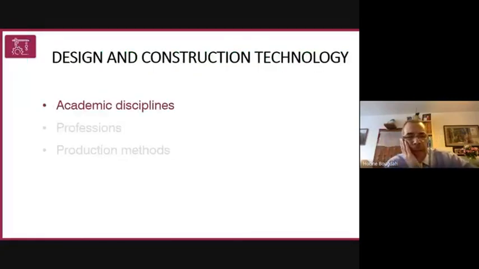Which brings me to the last part of the presentation, you'll be pleased to know, and the relationship between design and construction technology. Luckily, I'm not in one of the faculties, so I can say what I like. But there is nothing controversial in what I was going to say. Most of what I'm going to say, I've heard already. In other words, there is no controversy here, unfortunately perhaps for the audience who might have been waiting for something controversial.